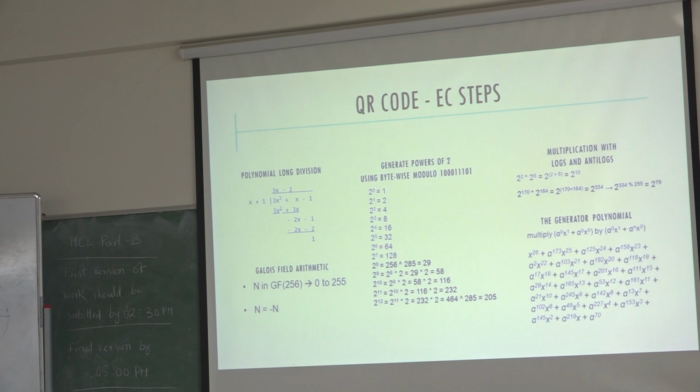The Galois field, in a sense, has only 0 to 255. If a value is more than 255, I have to approximate it back into 0 to 255. For that, they XOR with modulo 2, or else modulo 285. It is there in the page, you can check it. Whatever the remainder is, that remainder gives the Galois field number. Why they convert into the Galois field: after this, instead of subtraction, they want to use the XOR operation, which represents the same value. For that, they went for the Galois field.